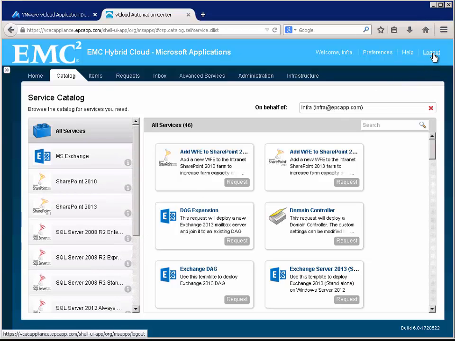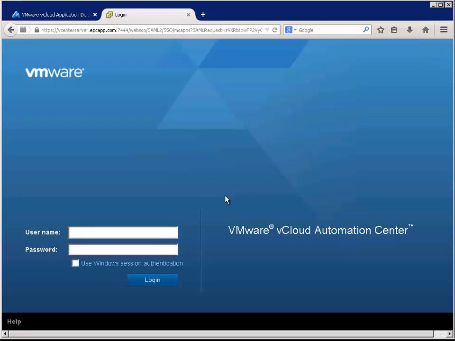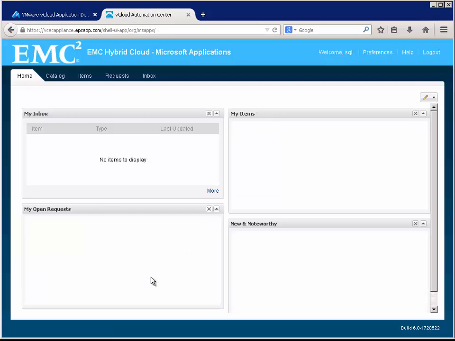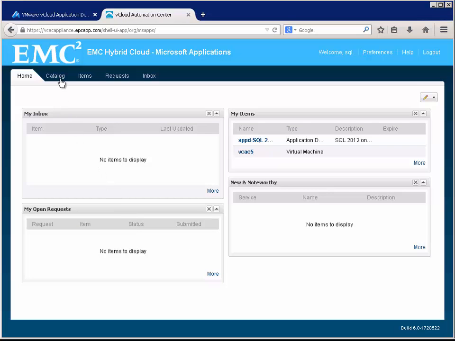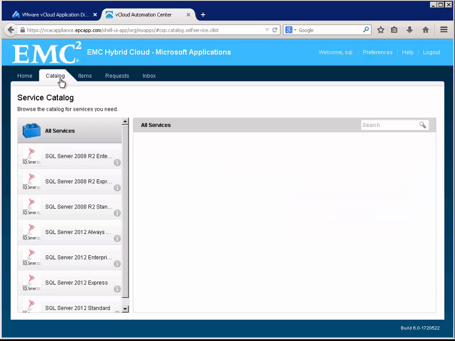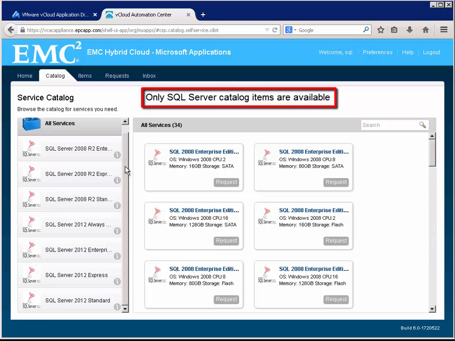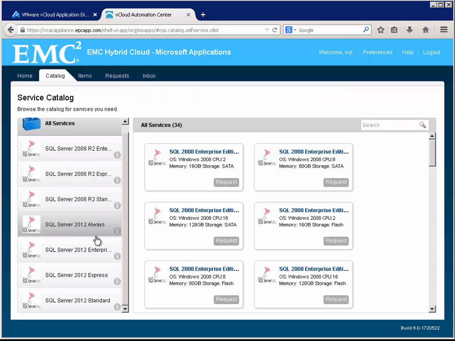Next, we log out and log back in as a SQL Server administrator, where the SQL Server administrator will only have visibility of SQL Server specific catalog items. Here we can see services relating to SQL Server 2008 R2 Standard, Enterprise and Express, and SQL Server 2012 Standard,